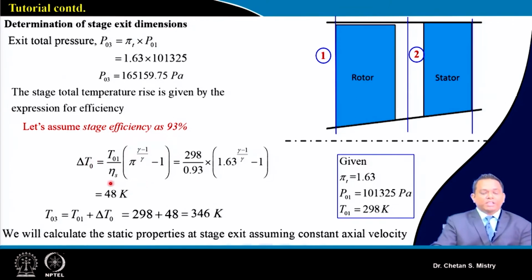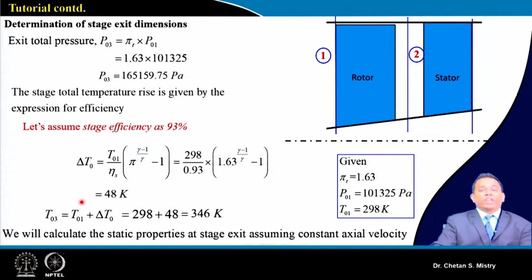We are assuming this efficiency to be 93%. This is slightly on the higher side; we are going aggressively in that direction. That is why we have assumed, let's say, 93%. Once we know this delta T0, we can calculate